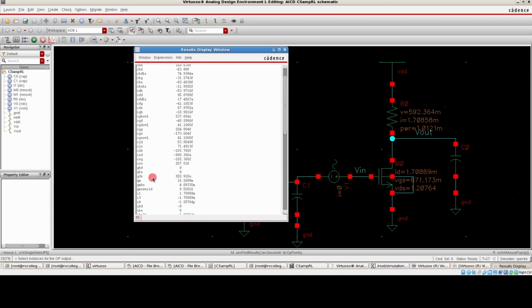Okay, so clearly we can get to know our gm over ID value is 9.52, and the value of gm, which is supposed to be 15.7, but we are getting a higher value, which is 16.26, and also we can get to know the DC current, which is IDS, which was 1.71 milliampere. Okay, so all of the DC conditions that we have across the circuit is also known, along with the small signal component like gm, gm over ID, and CGS, and other things that you can measure from this particular window.